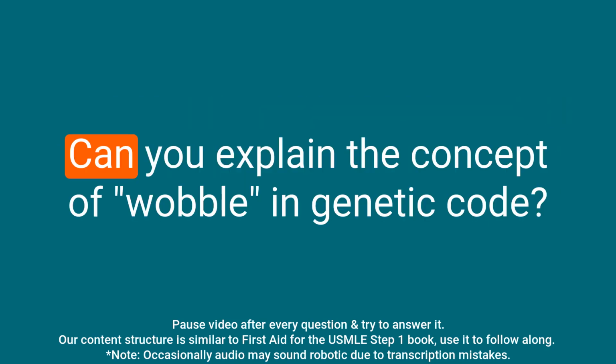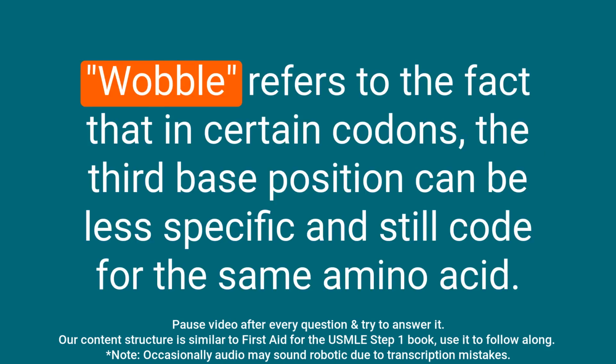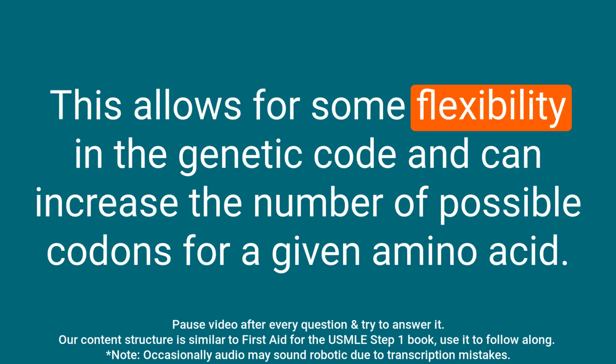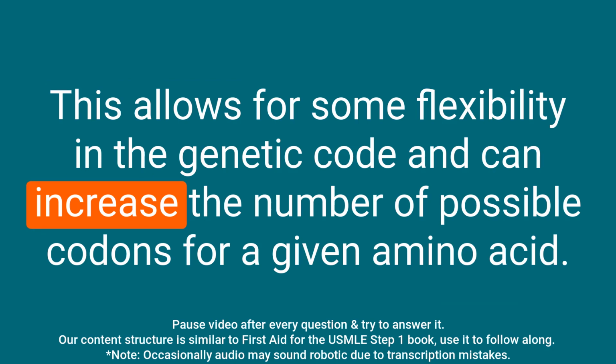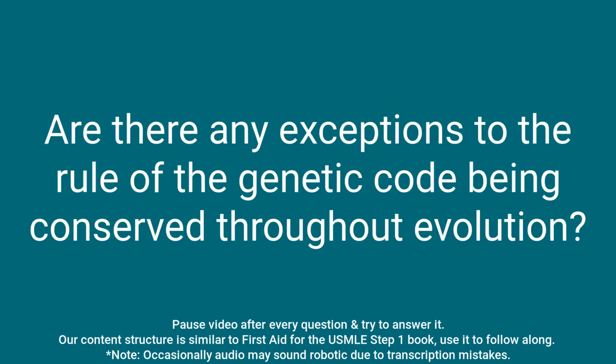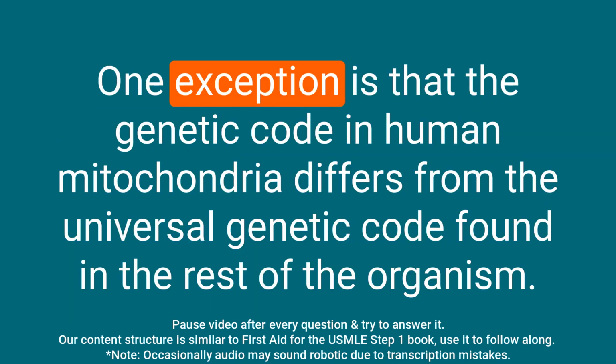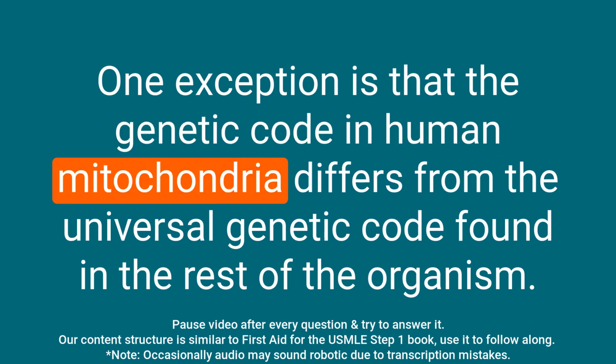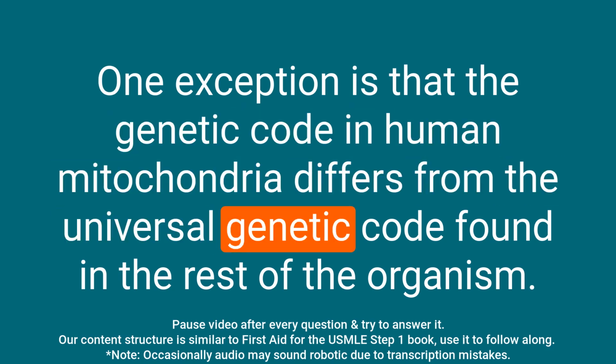synthesis. Question: can you explain the concept of wobble in genetic code? Answer: wobble refers to the fact that in certain codons, the third base position can be less specific and still code for the same amino acid. This allows for some flexibility in the genetic code and can increase the number of possible codons for a given amino acid. Question: are there any exceptions to the rule of the genetic code being conserved throughout evolution? Answer: one exception is that the genetic code in human mitochondria differs from the universal genetic code found in the